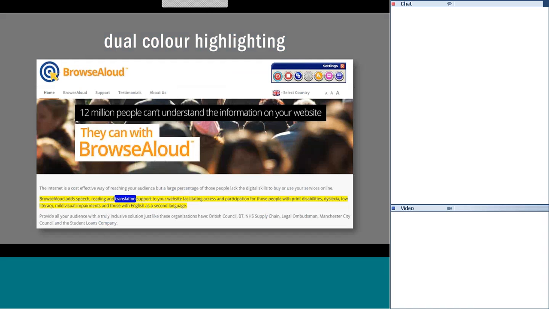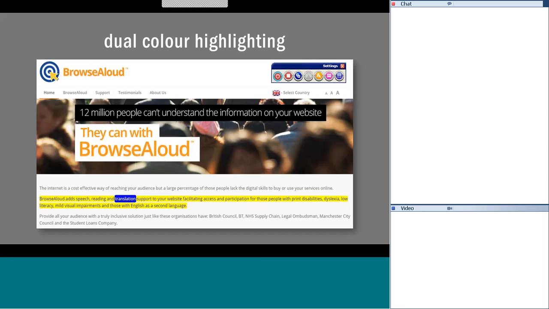One of the key things that BrowseAloud does is it reads text out loud, and it highlights in 2 different colors. It highlights the sentence that it's reading from in one color, and it also highlights the word that it's actually reading in a different color. This is very important because it's a proven method of learning, improving comprehension, understanding, and also navigating.